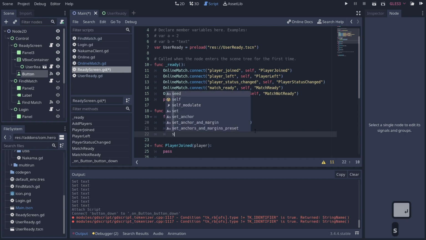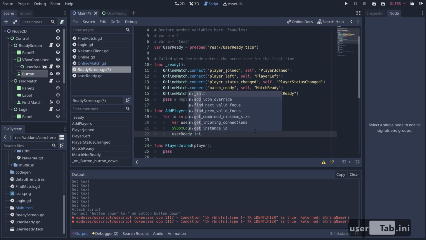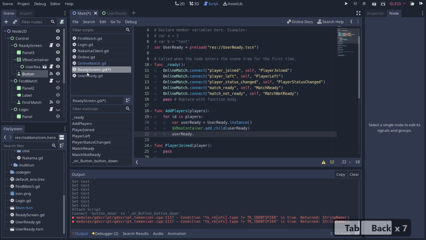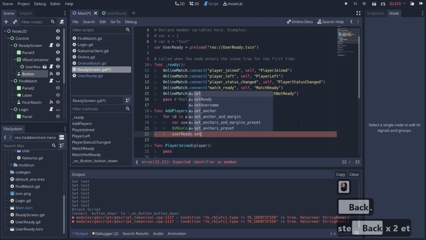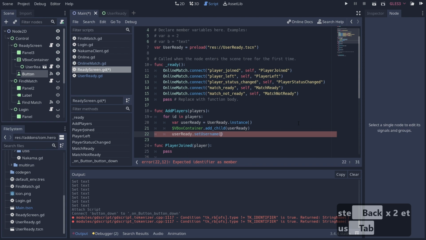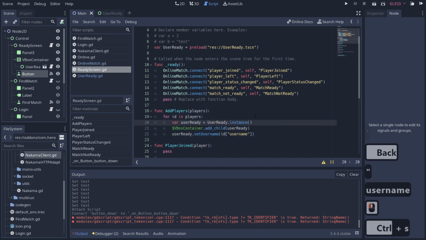So we'll say user ready.initialize. And I believe we called it set username, and we'll pass in our username. Now, with this player's object, you have to actually pull back our ID and then the quoted username, and that should set our player's ID. Okay, so what we can do now is we can say,